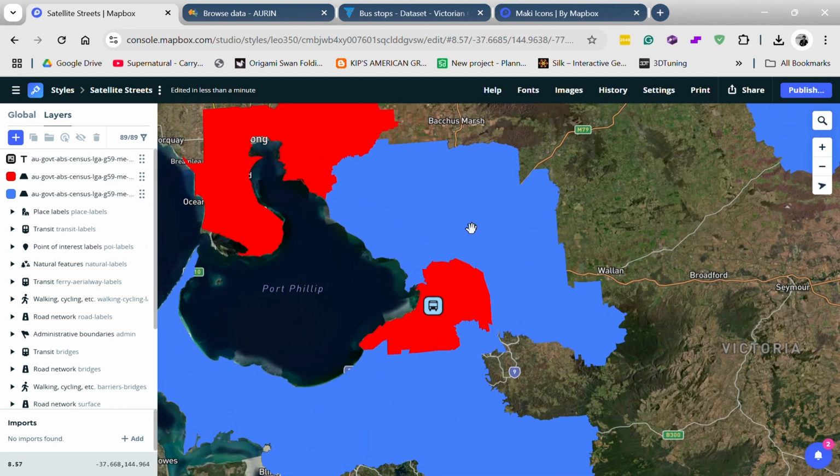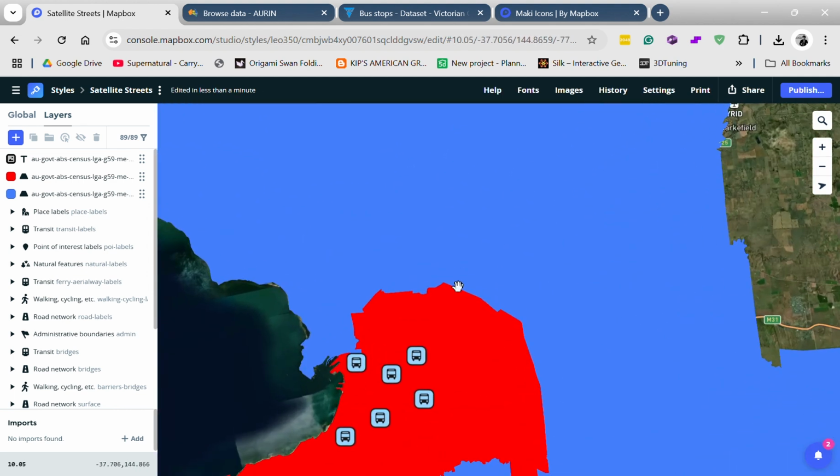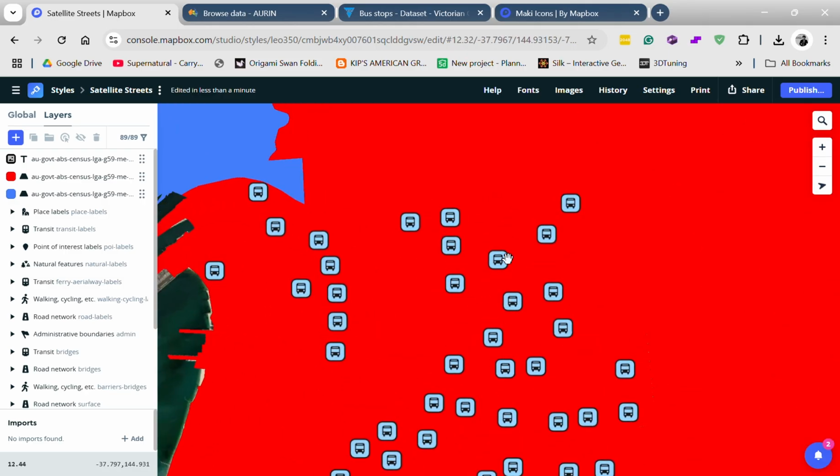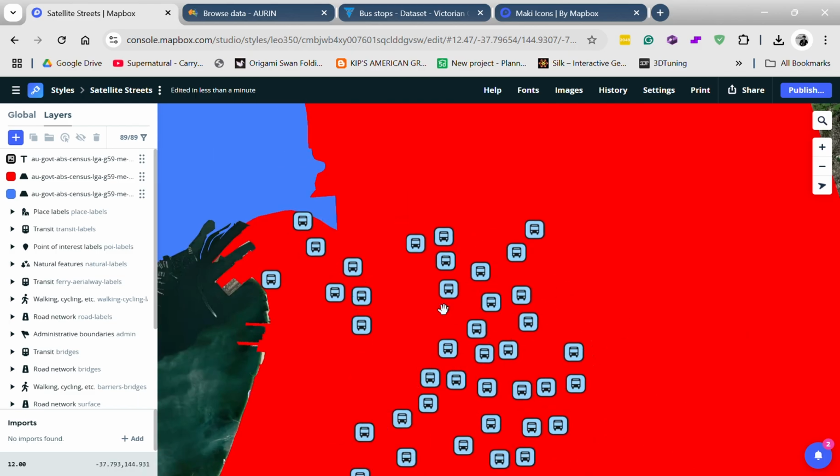And that's pretty much how you make the map. Just zoom in, you'll be able to see the marquee icons highlighting the bus stops as well within